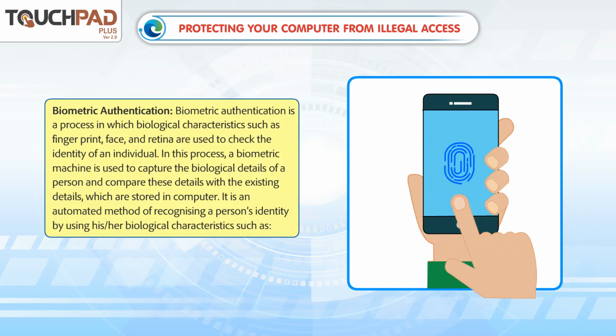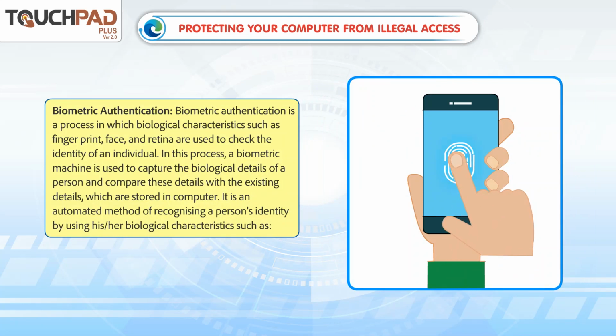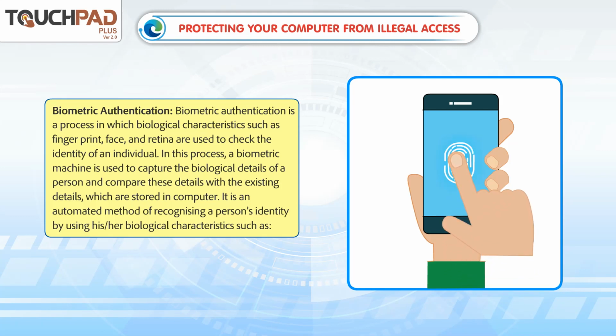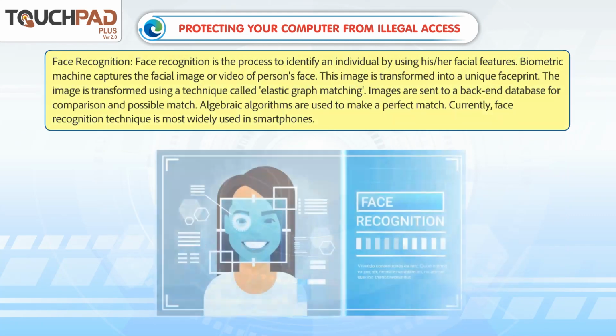Biometric authentication. Biometric authentication is a process in which biological characteristics such as fingerprint, face, and retina are used to check the identity of an individual. In this process, a biometric machine is used to capture the biological details of a person and compare these details with the existing details which are stored in the computer. It is an automated method of recognizing a person's identity by using his or her biological characteristics such as: